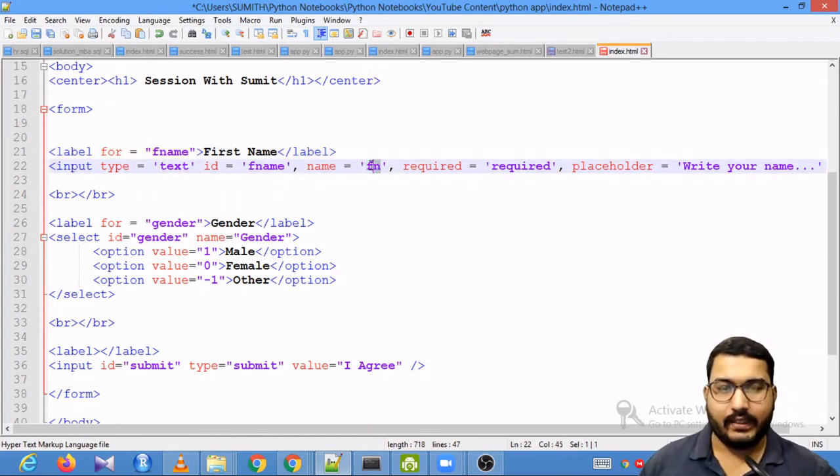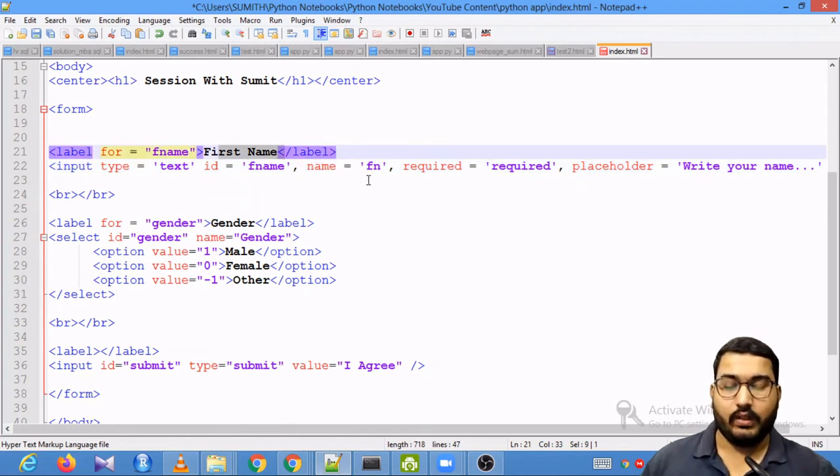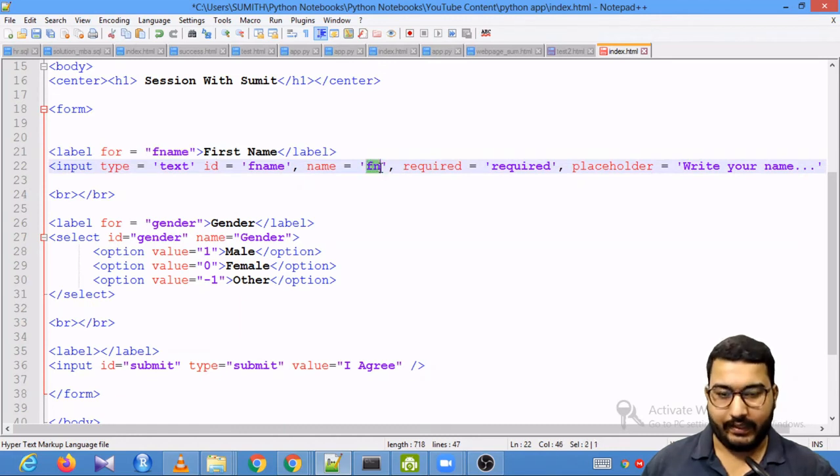Now you can have anything over here. This will be useful when we will be connecting this web page with the Python code. When you connect this web page with a Python code, it will be looking for some input from the web page. So my Python code will be calling this name to extract the required input. So this name is very important for moving forward with the model deployment. Remember, this field is very important, and you can have any name. I'm using a shortcut FN so that I don't need to write a very big name in my Python code.